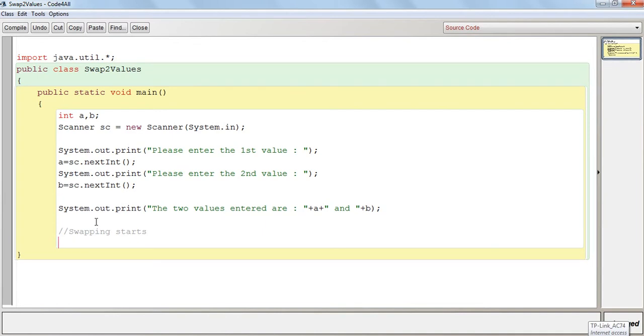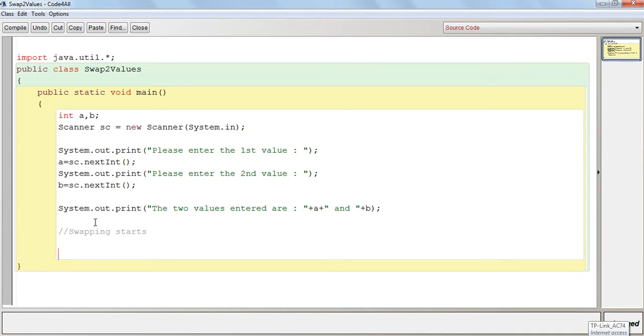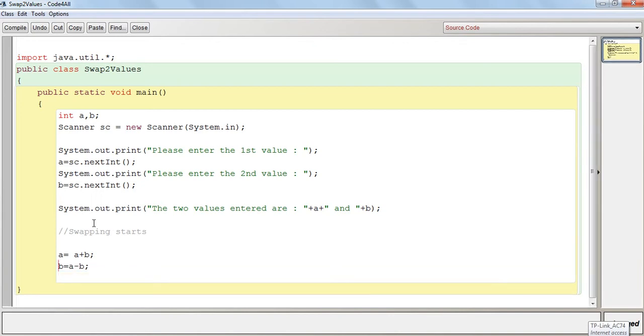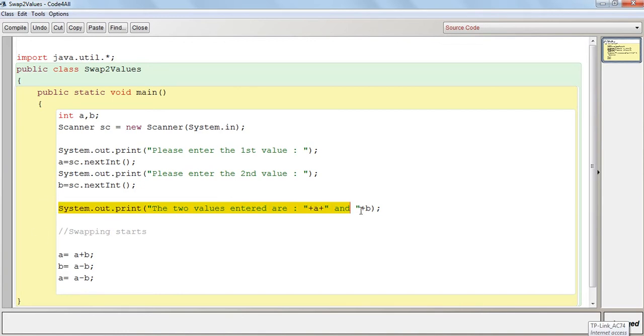Now I have given a comment over here. Now what are the mathematical calculations that we are doing over here? Print the two values again.